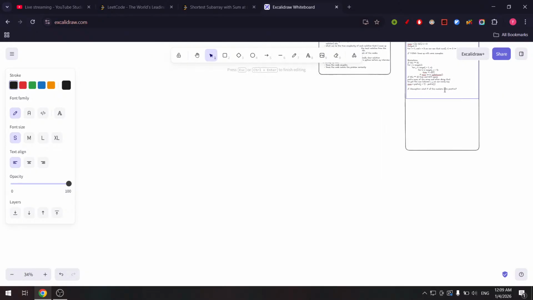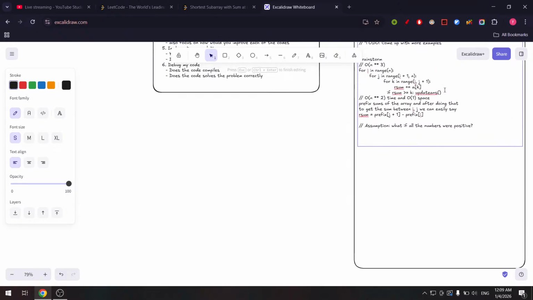two pointers, because what will happen is if they are always positive, if we try to see the prefix sum of I, for example, if we try to see the relationship between the prefix sum of I and the prefix sum of I plus 1, it will be always increasing. So what will happen is if we find a prefix that is greater than, if you find some array, for